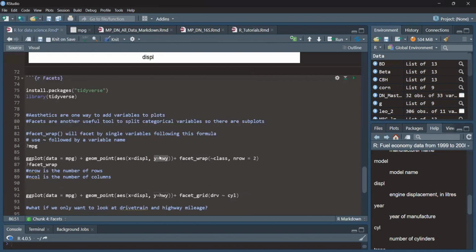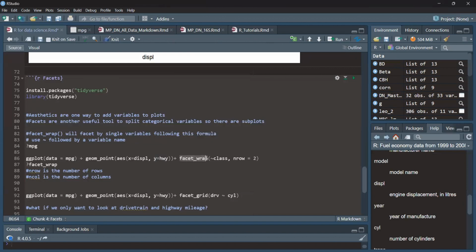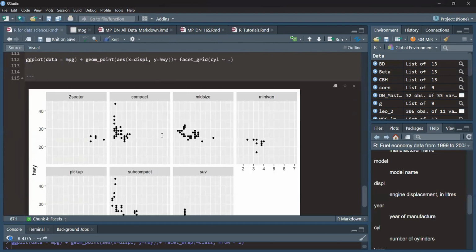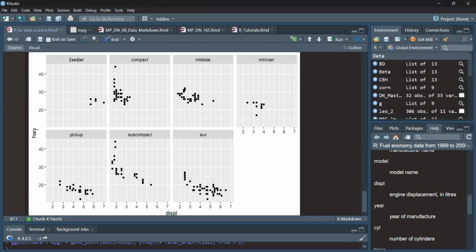Okay, so now we're going to facet wrap because we want to add another variable. We're going to facet wrap by class. So it's going to create a grid, n row equals 2. So n row stands for number of rows. If you wanted it in columns, you could do n col, and that'd be the number of columns. So after running this line, we can see that we have two rows of data, breaking it down by class,